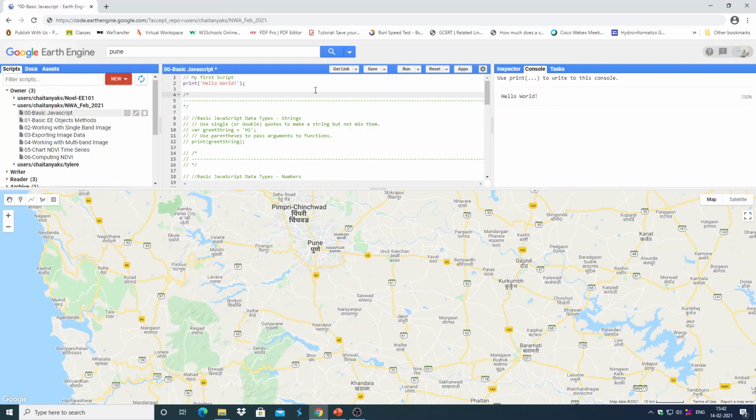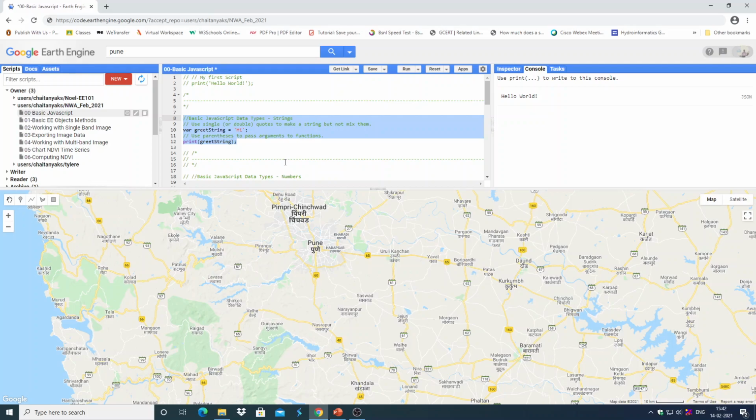Now we can comment out this portion by the shortcut Control plus /, and let us run this part of the script.